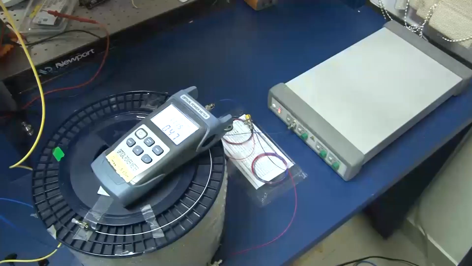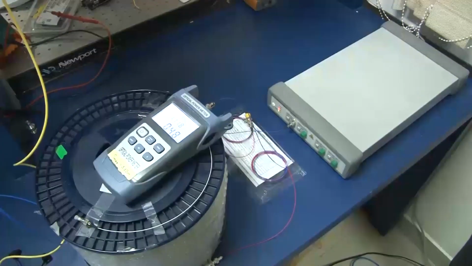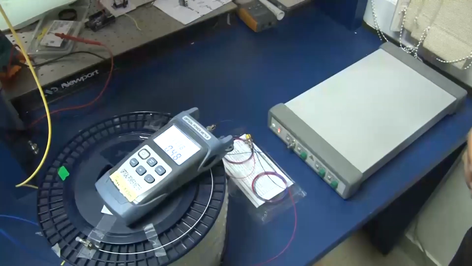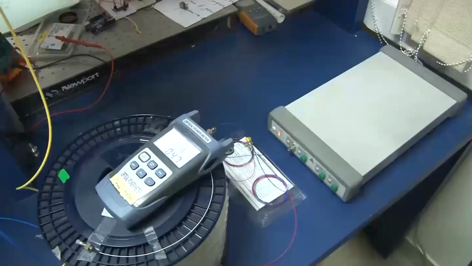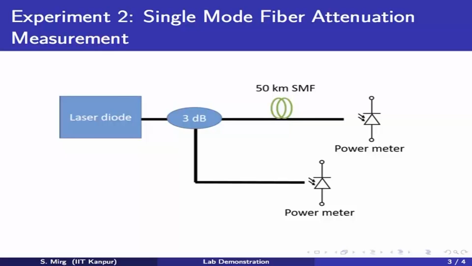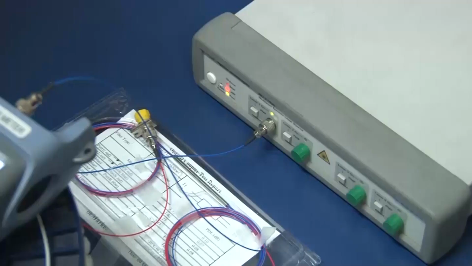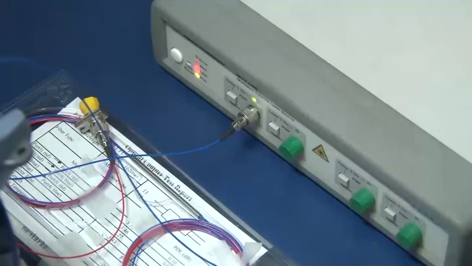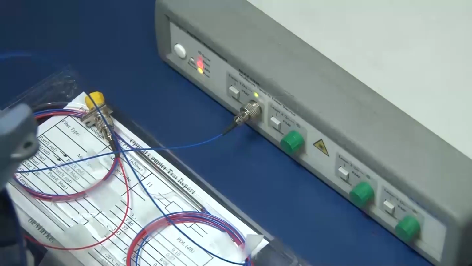Now we come to the second part of today's demonstration. Instead of the laser diode where we manually control the current, we can have a programmable laser source where we can control the amount of power. Even the wavelength can be automated by programming the laser current and the cavity length.